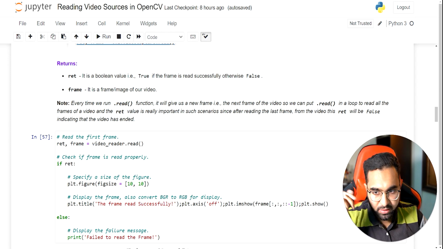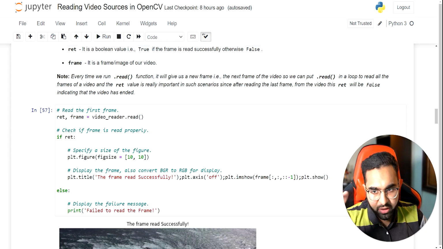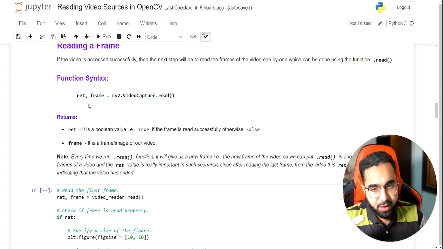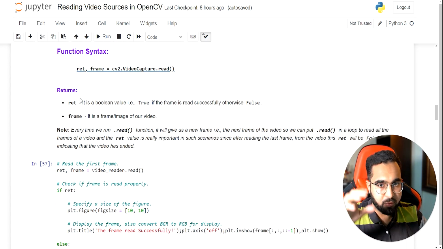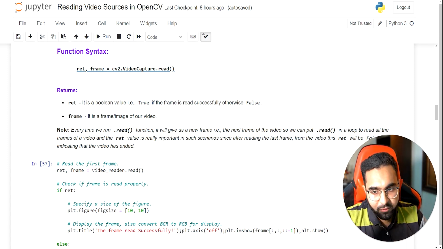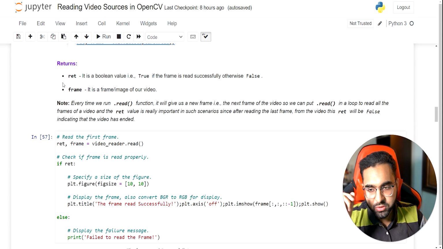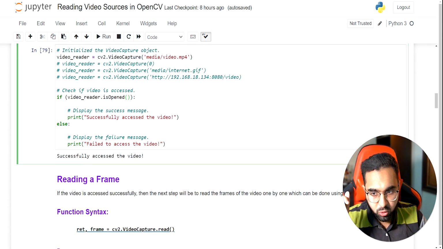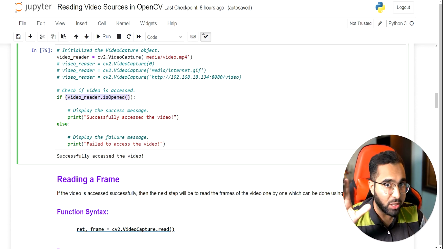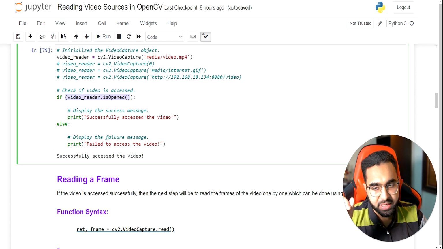You get the frame, that is the actual video frame, and you get the ret boolean value which tells you if the frame was read correctly or not. Now in case you're reading a webcam, this return value will also be true or false, because suppose you don't have the webcam configured properly on your PC, then this ret value will be false. It will tell you that there's something wrong with the webcam and I'm not reading frames from it. With the webcam, you'll also know when you run isOpened, which will tell you whether your webcam has been properly accessed or not.